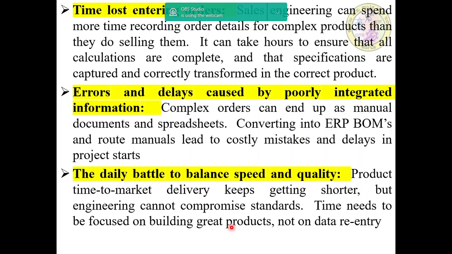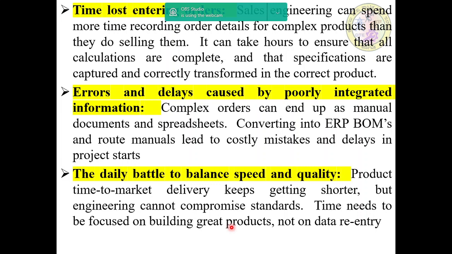Next we'll take errors and delays caused by poorly integrated information. Here complex orders can end up as manual documents and spreadsheets. Converting into ERP bill of materials and route manuals leads to costly mistakes and delay in project starts.